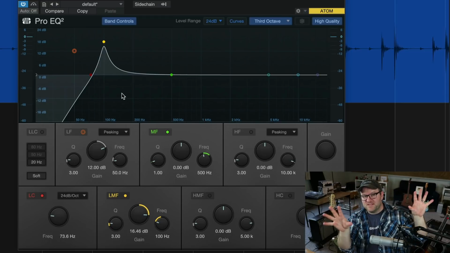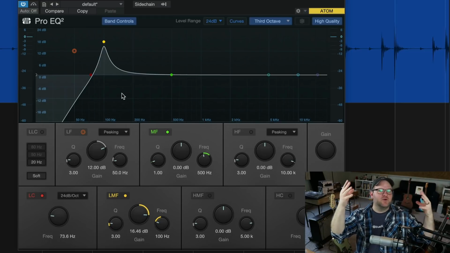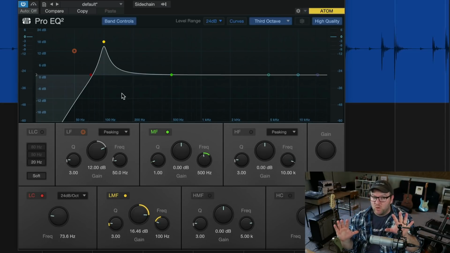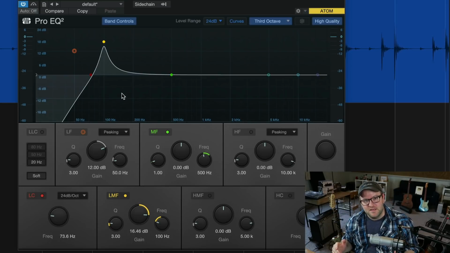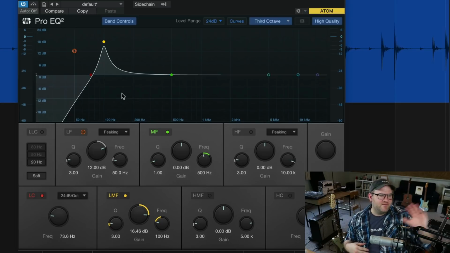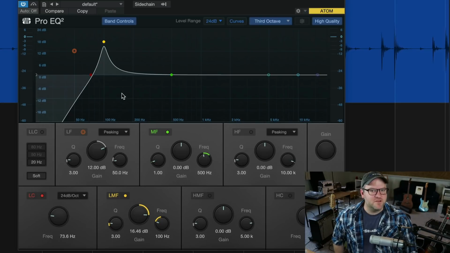There's a lot there. 5K is a little more like the crunch on guitars. 10K is like the air in a vocal, and there's a lot in between. Between 50 and 100, just in our brains, doesn't seem like there'd be that much difference, but it's also a full octave between. So if we think boosting 100 and boosting 50 is six in one hand, half a dozen in the other, it's not. It's a very, very different thing.